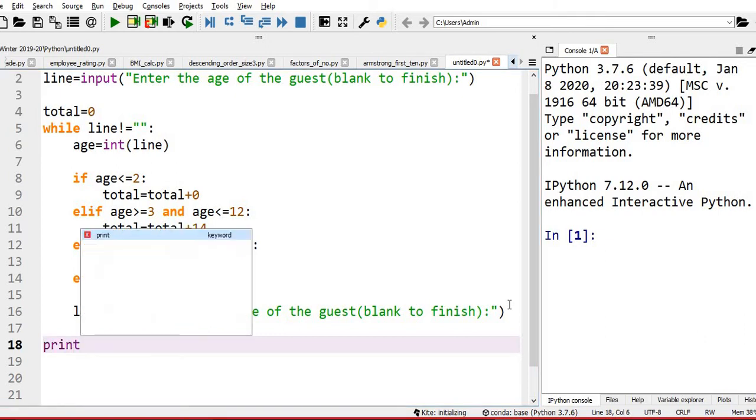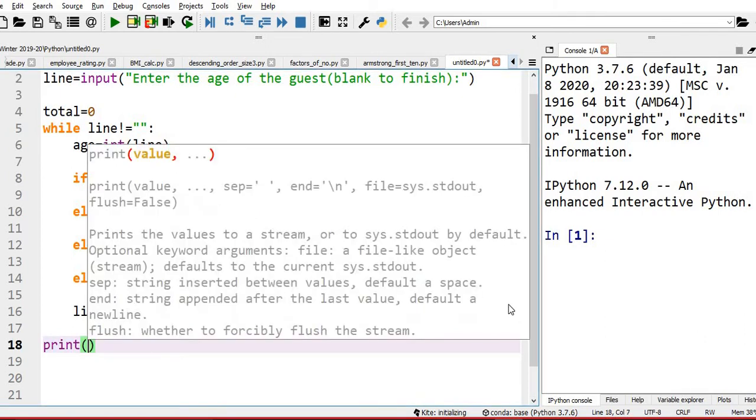So I am going to print the total amount for that group is, they want 2 decimals.